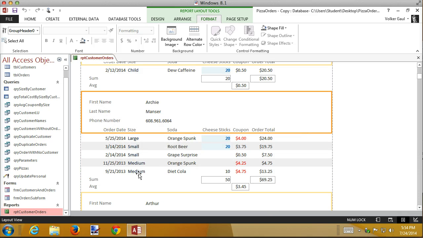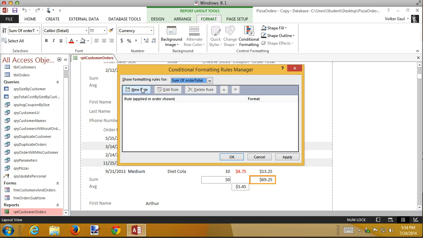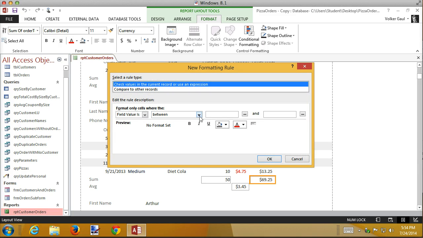If I want to highlight my mediums, my larges, I can say if it's equal to the text string. I can check the dates to see anything that's really old or even very new. You can do conditional formatting on anything. And I experimented a little bit, and I even discovered that you can do conditional formatting on these totals. So let's say that I want to format anybody who spent more than $75 at my pizza shop. Again, I select the value, conditional formatting, add a rule. If the field value is greater than or equal to 75,